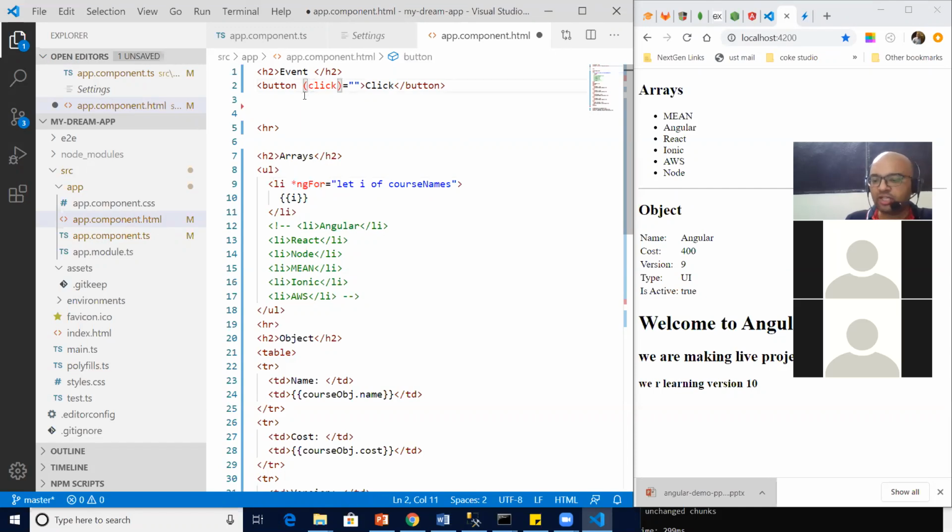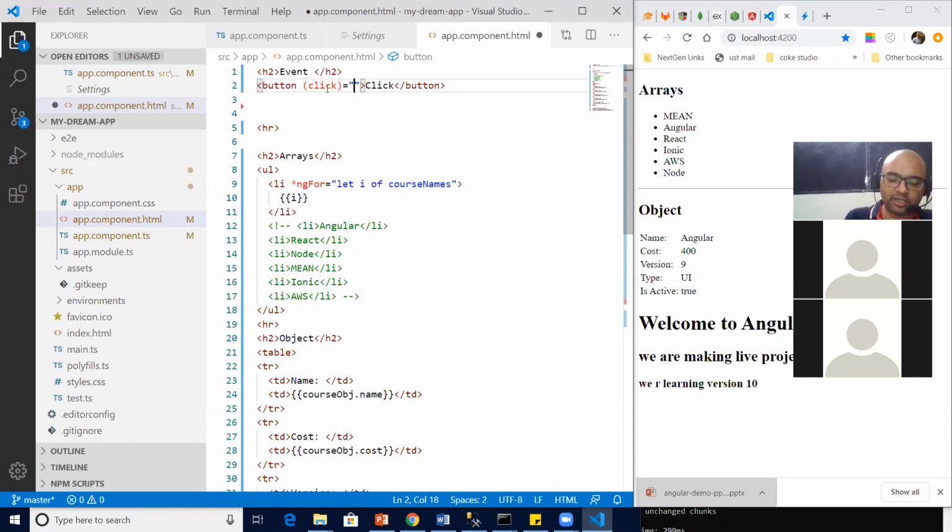All the function-based, event-based directives will be enclosed with parentheses. So I need a click functionality, which means I need a click directive. The click directive will be inside the parentheses.